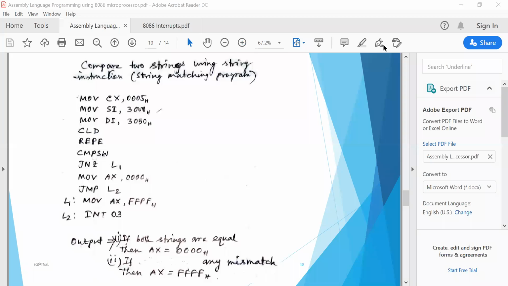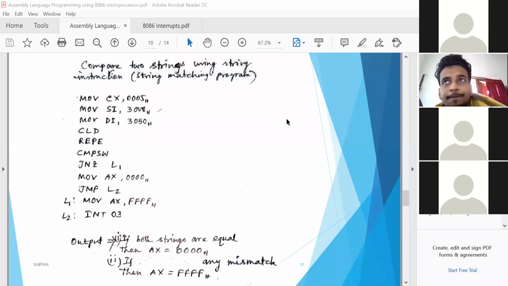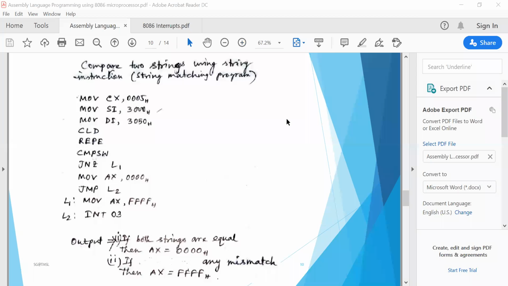Okay. Write down memory locations from 3000 to 3004. Suppose in 3000 there is 0001.